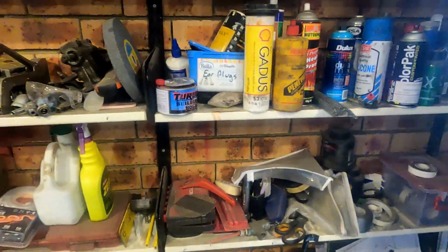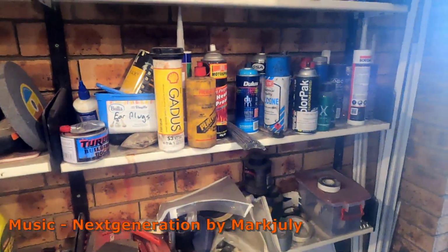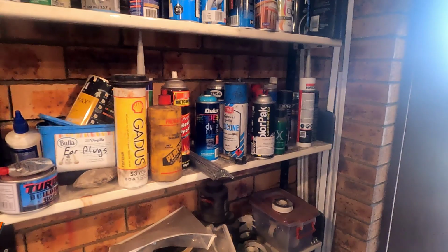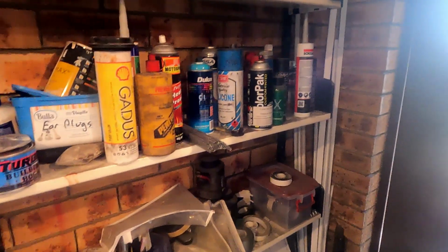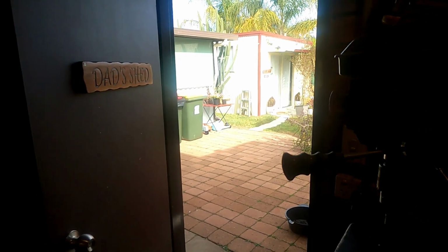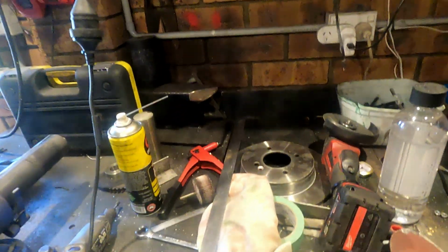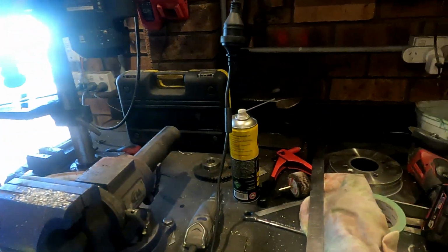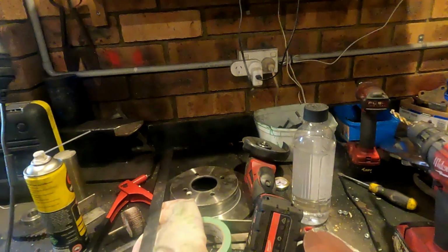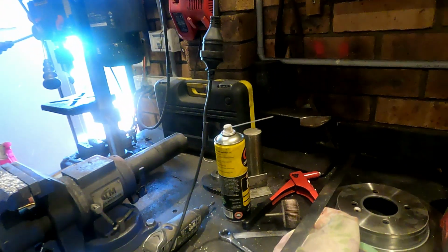And I can get some more stuff done as well. So while I'm doing the painting and letting the paint dry properly, because sometimes I tend to rush things when I paint them, just for the sake of getting them finished. So what I'm going to do is make sure they dry properly, since they're for somebody else. I don't want to part with shoddy looking work, so I might even see if I've got some gloves. I might put some cotton gloves on while I'm assembling it, just to make sure I don't damage it and mark it. So yeah, I've still got a little bit to do, but it's Sunday, so